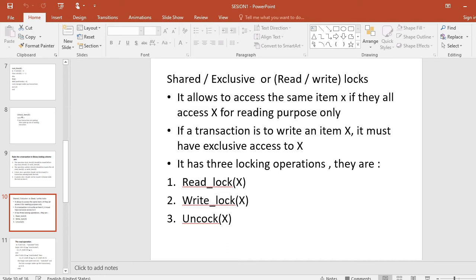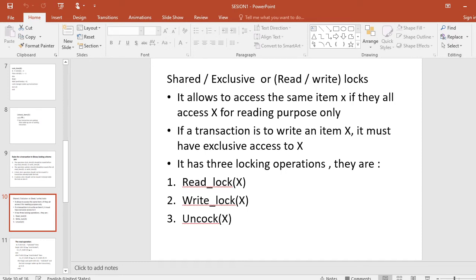Next, shared exclusive or read-write locks. Several transactions should be allowed to access the same item X if they all access X for reading purposes only.